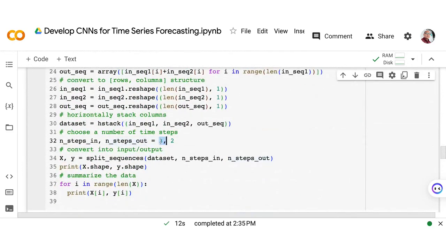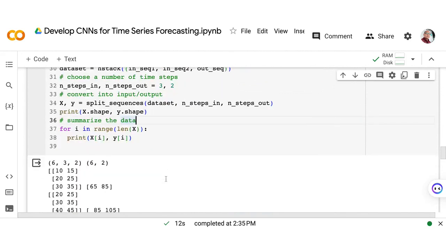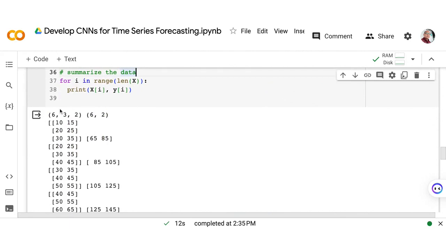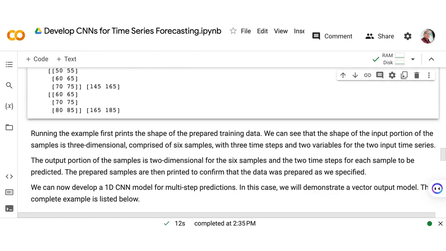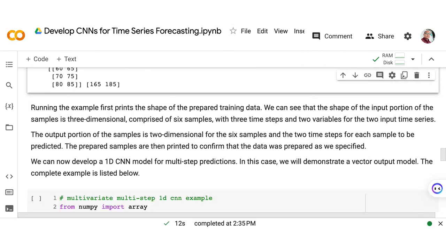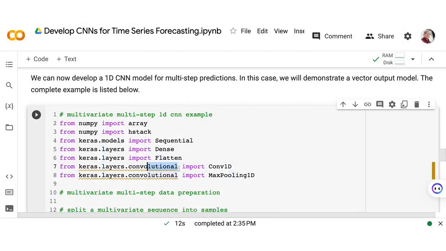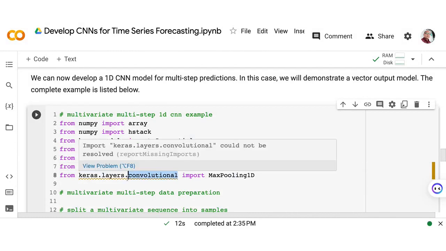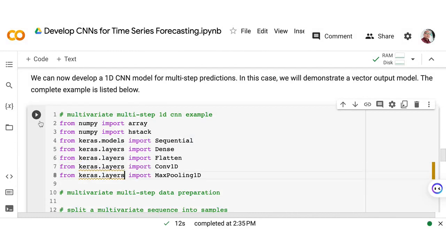As you notice, we have 3 by 2. Okay? So that we will have an output of 6 by 3 by 2 and 6 by 2 on our output. So let's try to use the multivariate multi-step 1D CNN example here. Just try to delete this, and let's try to run.